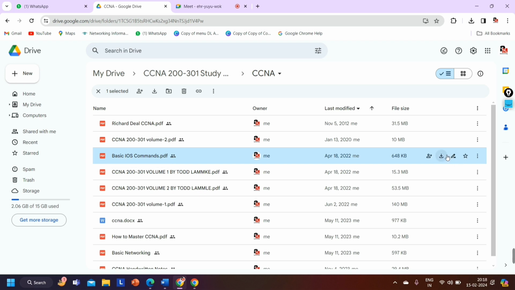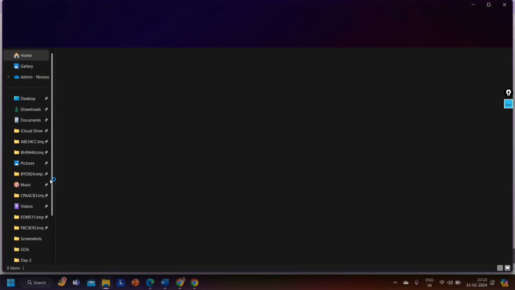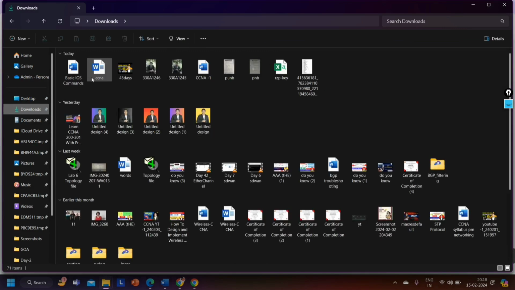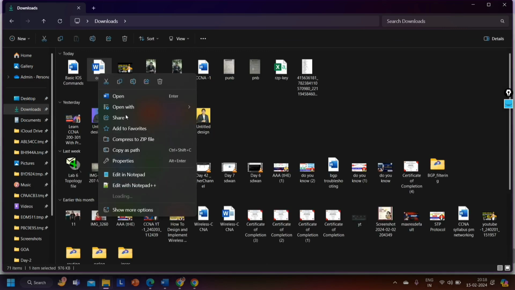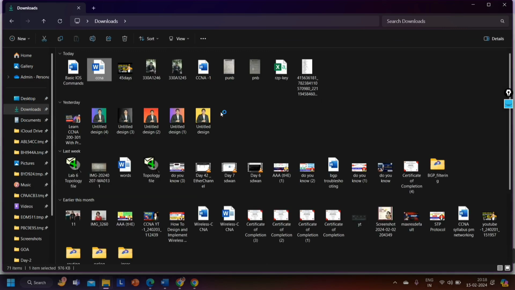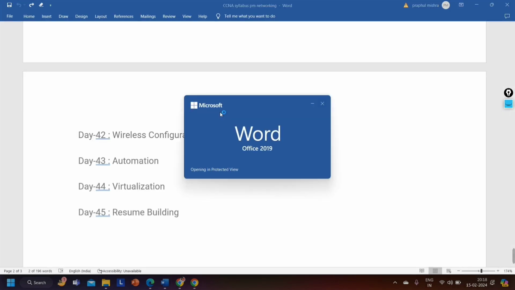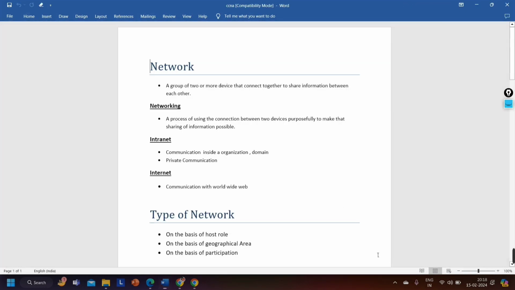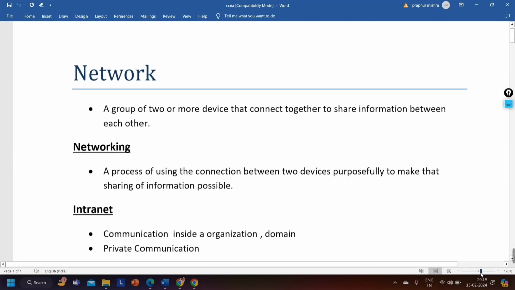So if I download this one, see, this one is also downloading, and I have downloaded one CCNA docs file. So see guys, this is my CCNA note. If I open it here in, let's say, Word, yes, see,